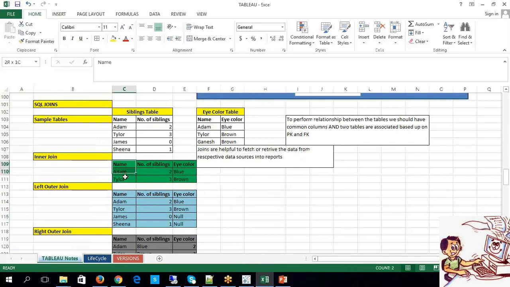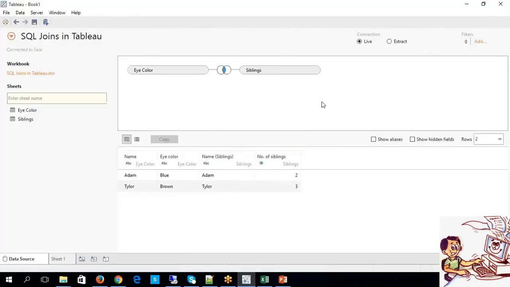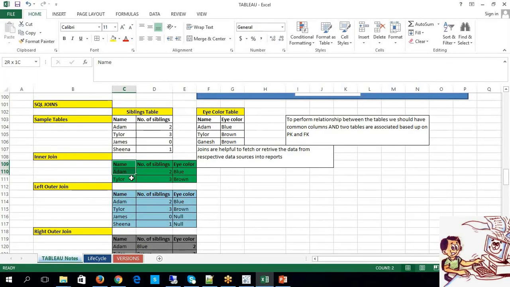Guys, I am dealing with very simple data here. But imagine if you have a huge volume of data. So that is the reason you should be in a position to predict the data behavior. I know that a few of you are already aware of joins, and that a few of you are working with Business Objects and plenty of other stuff. But you should understand the concepts of the behavior of a join even at the Tableau desktop level also. So that is the reason I'm putting it this way. Now, so this is the inner join. Any questions with this inner join?